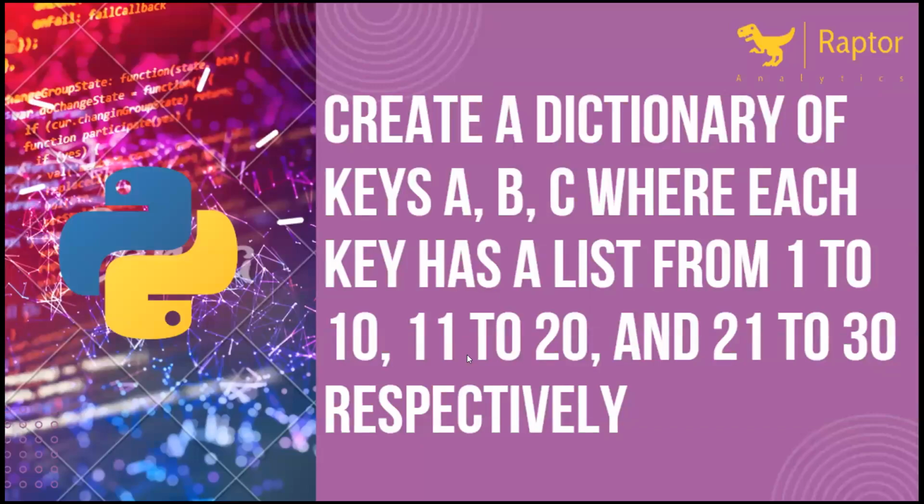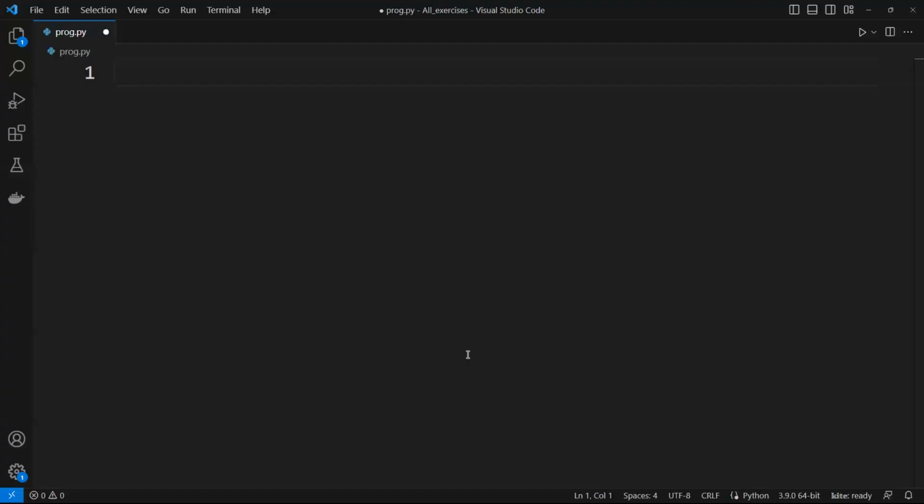So in this video now we'll try to learn how to create a dictionary where keys are A, B and C and their respective values for those keys I need 1 to 10, 11 to 20 and 21 to 30. Okay, so in the form of list. So that need to be stored as a value. So now we can move to Visual Studio and I will try to create that dictionary